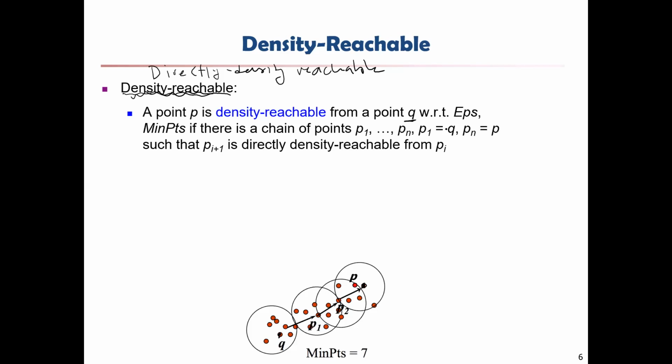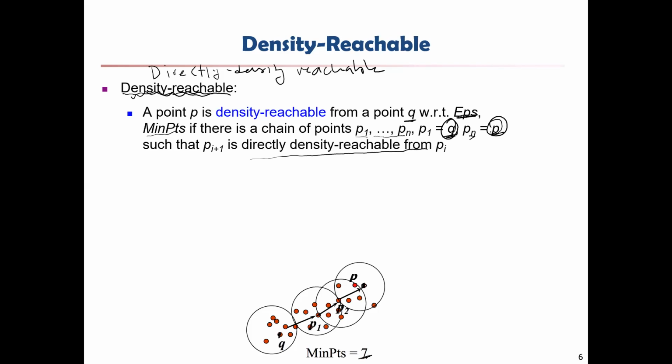So we have a Q. Again, every time we have to consider epsilon and the minimum number of points. If there is such a chain, let's call this chain P1 through Pn, where P1 is Q and Pn is P. You are going to start at Q and end up at P itself, represented by Pn. The condition is that every Pi plus 1 is directly densely reachable from the previous data point, denoted by Pi. I hope it is starting to make sense, right? What happens here is that if the minimum number of points is 7,